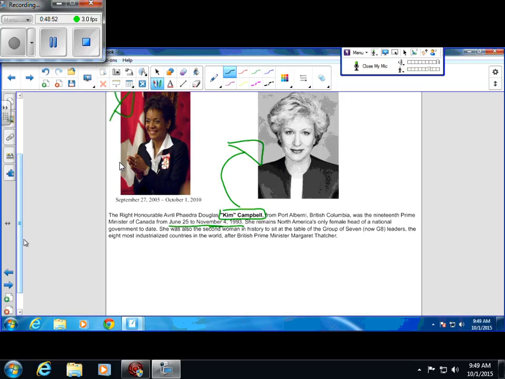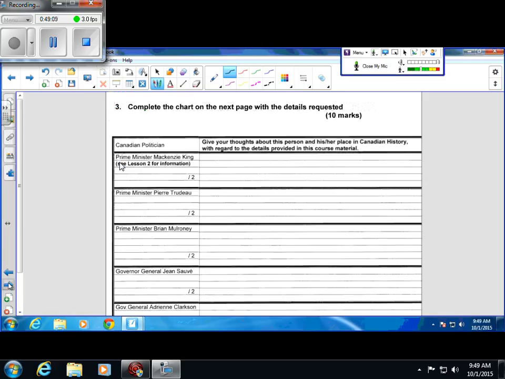So those are the four famous Canadian women in politics that were outlined in your textbook, and we just briefly talked about them. Just make sure you recognize their names and why they were significant in terms of women in Canadian politics. That being said, on my next slide, you'll see this chart. This chart is a part of your Assignment 8. Basically you have to complete this chart. It's out of 10 marks.